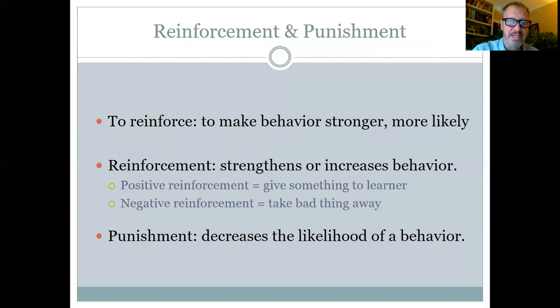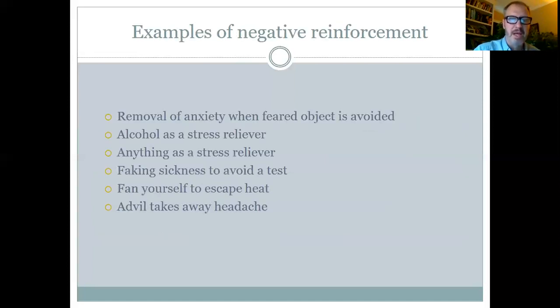So in very simple terms, if you have a child and they're in school and you say, okay, for every A you get on your report card, you get $10. If that actually increases the number of A's your child gets, then you've effectively used positive reinforcement because you've given them something and they've increased their behavior. Negative reinforcement is a little different. So I have several examples on this slide here. I'm not going to talk about all of them, but we'll talk about,